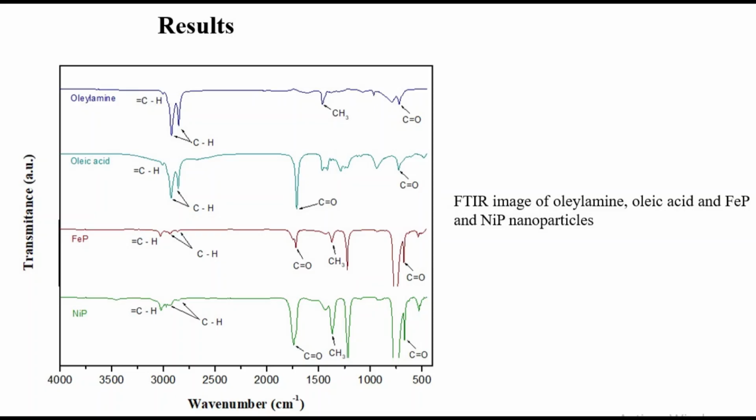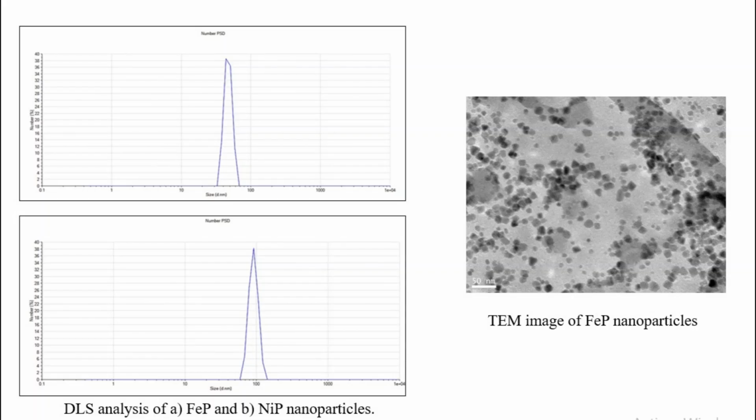The Fourier transform infrared spectroscopy image shows the presence of the solvent and stabilizers, oleylamine and oleic acid, on the nanoparticle surface. We can observe their functional groups. Dynamic light scattering shows an estimated particle size distribution. The iron phosphide nanoparticles have an estimated size between 40 and 50 nanometers, while those of nickel phosphide approximately